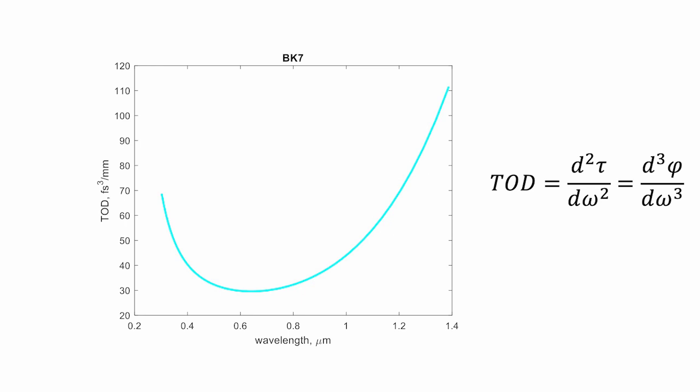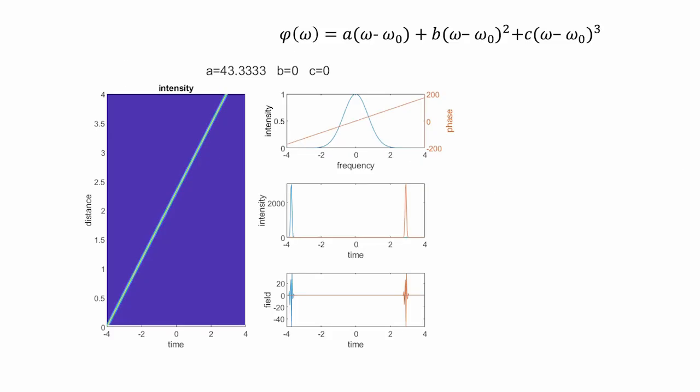And you can see, well, this is not that important at the center where the second order term was important, but it's very important in regions where the second order term wasn't that important. So you can see this is another distortion. So let me show you how this will affect your pulse. So in the next slide, you can see